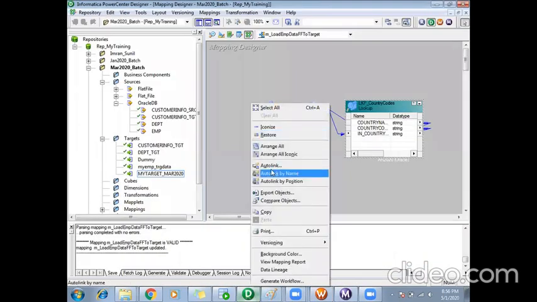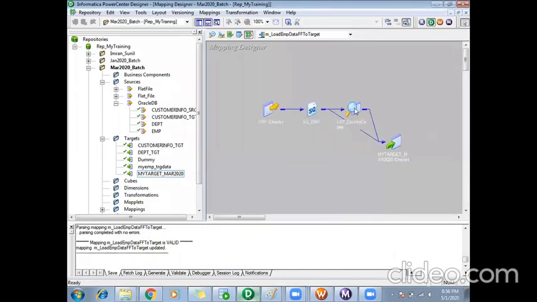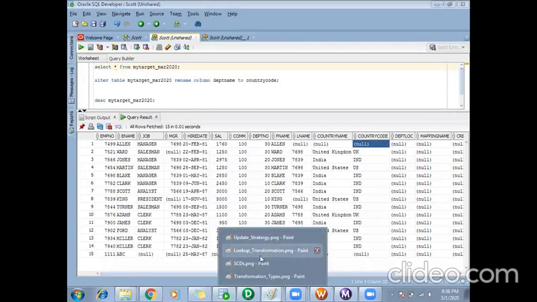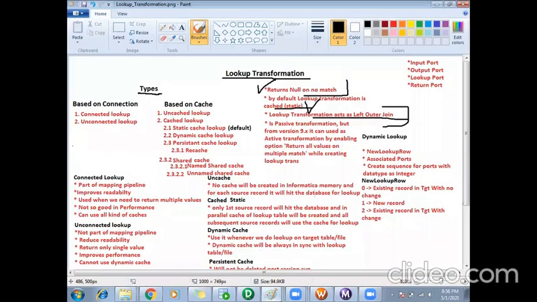What we are doing here is selecting all the records from my source qualifier, that is my left table, and only the matching country code from my lookup table, that is my right. If there are no matches, it won't discard any of my source records. Still it will get the data, but it will be null. That's it. So lookup transformation acts as a left outer join.